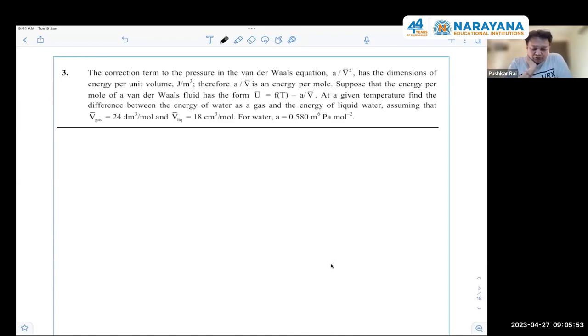The correction term to the pressure in the van der Waals equation, A by V square, has the dimension of energy per unit volume, joules per meter cube, where A by V is the energy per mole. Suppose that the energy of a mole of a van der Waals fluid has the form U is equal to CvT minus A by V. At a given temperature, find the difference between the energy of water as a gas and the energy of liquid water